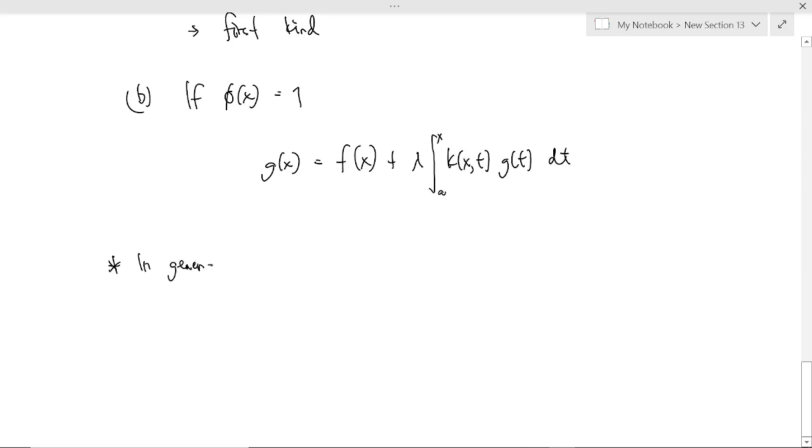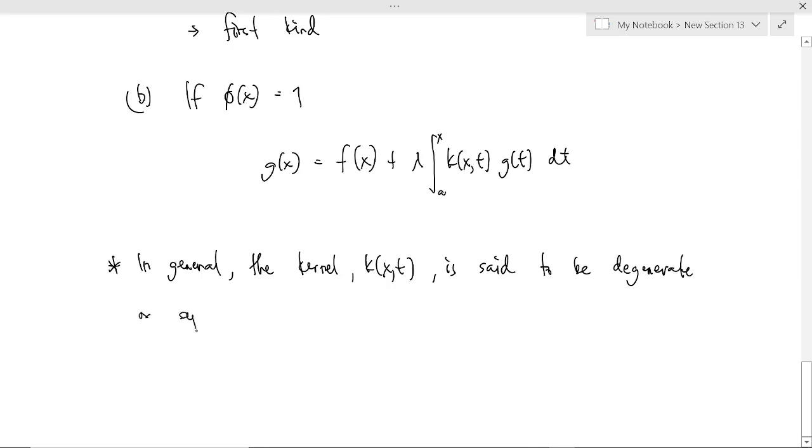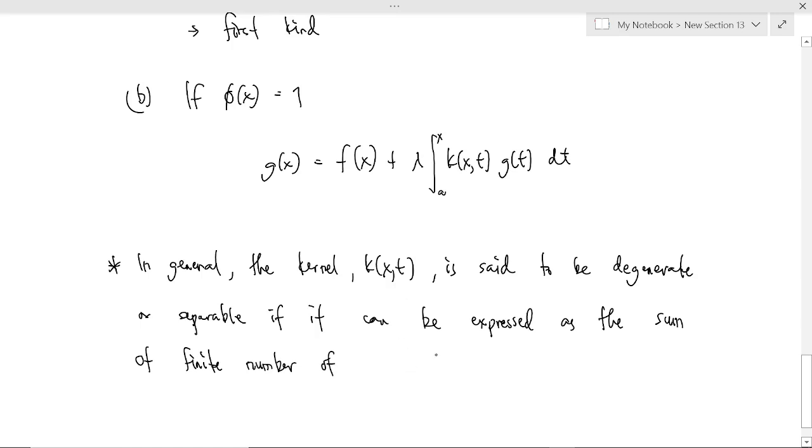In general, the kernel, which as we know is k(x,t), is said to be degenerate or separable if it can be expressed as the sum of a finite number of terms,